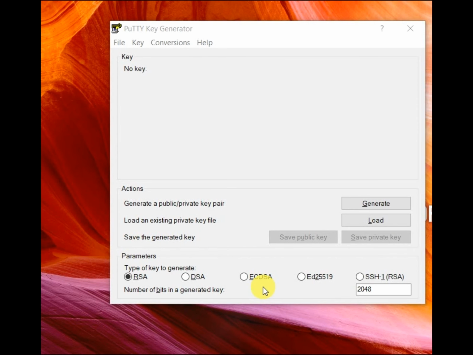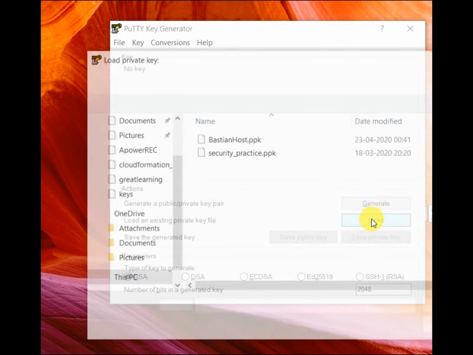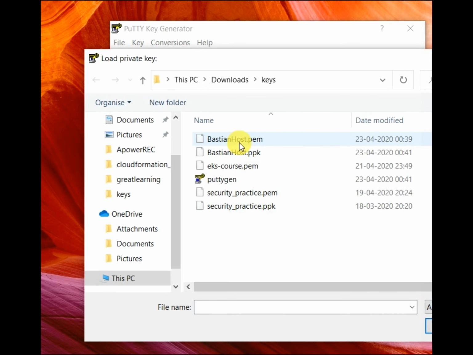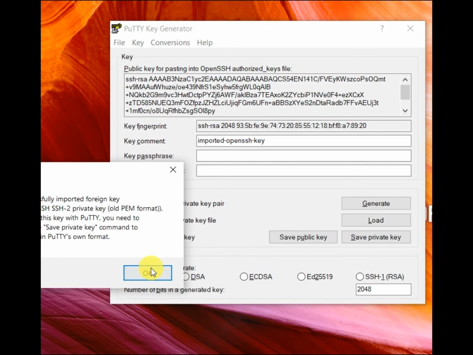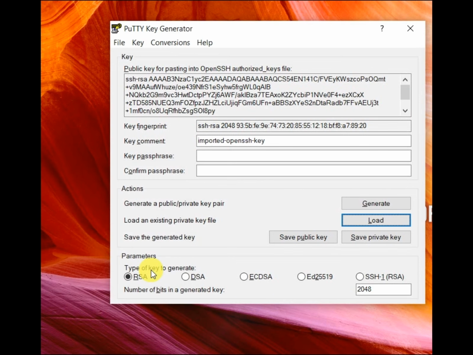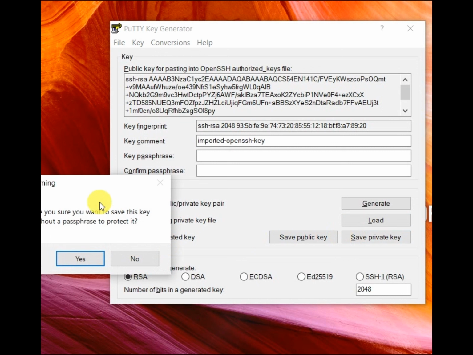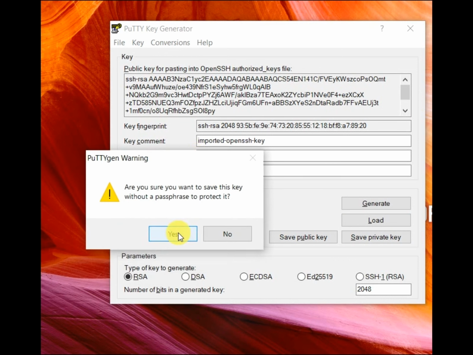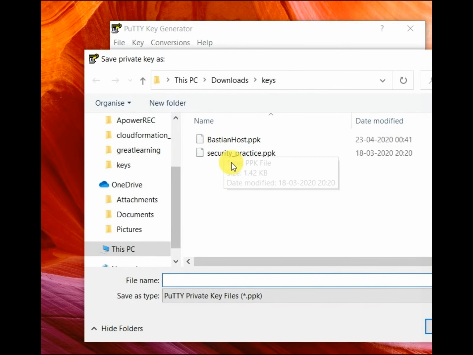Once you download the .pem file, click on this load button and select the pem file, click on OK, and then save your private key. It will give a pop-up like this, click on save, and now you can enter your name.